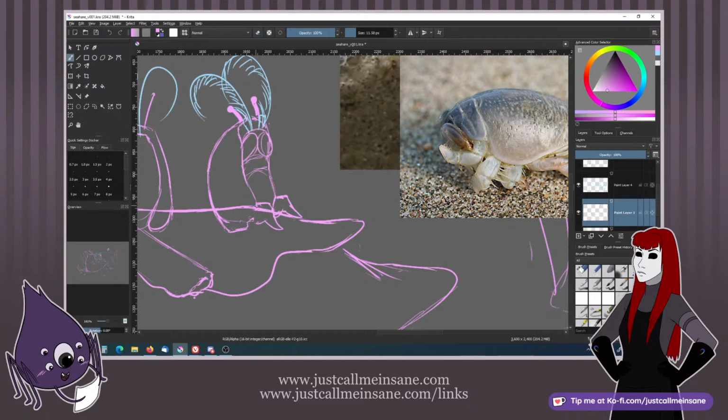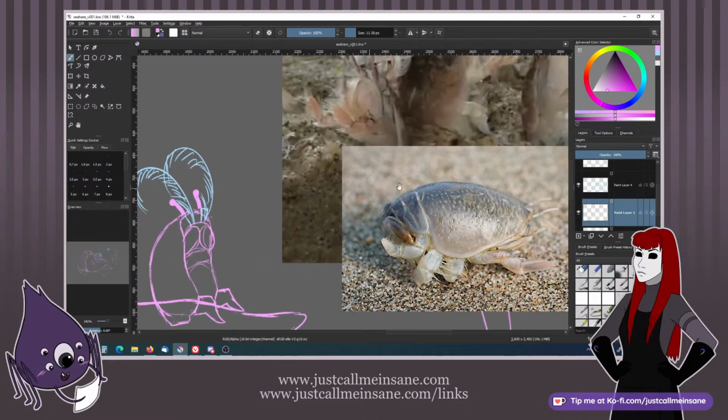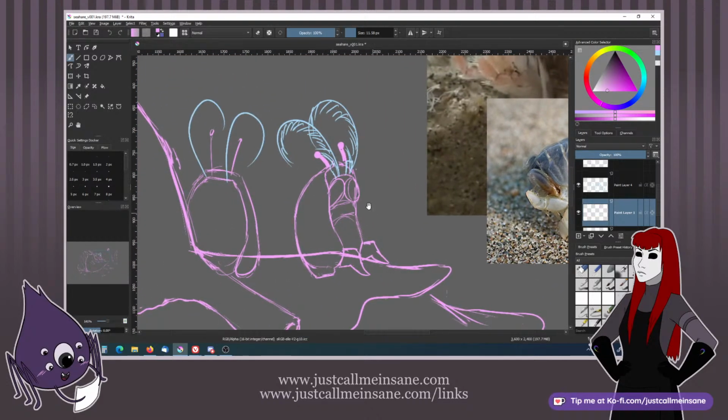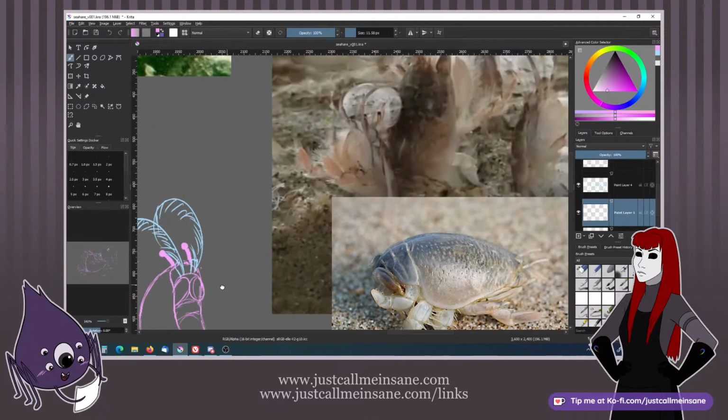again, this isn't super accurate, but when you're doing cartoony stuff, you want to get some of the realism in there. It's just enough to recognize what it is. Because if this is what it looks like, I just go like this and do this. That's not anything. It looks like a sea turtle with two heads or something. So I'll probably leave the feelers and stuff alone how they are and just keep staring at it and see how that makes me feel. And then try to figure out...